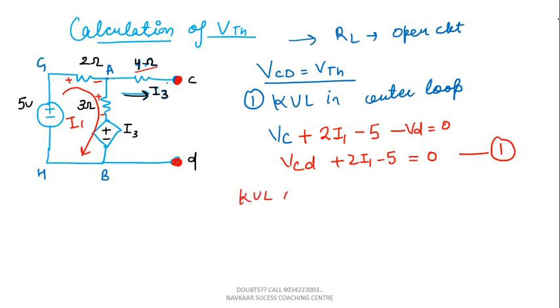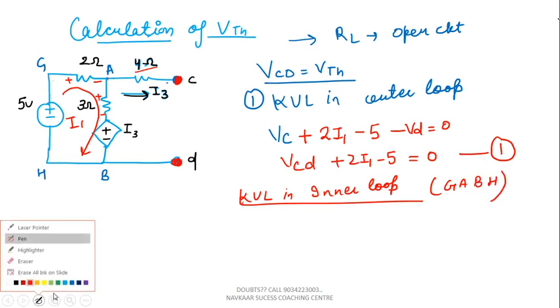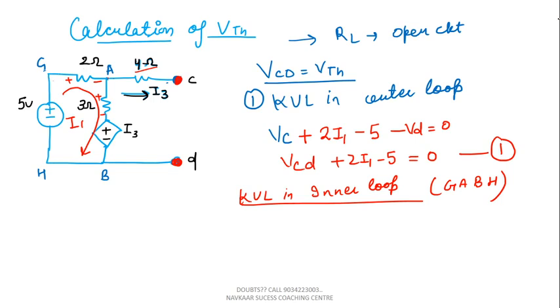Next we will apply KVL in the inner loop. What is the inner loop? The inner loop is G A B H. Now the equation for the inner loop: suppose you are moving from G to A, the sign is negative, the resistance is 2, and the current is I1. Then again A to B, the sign is negative, the resistance is 3, the current is I1, and here